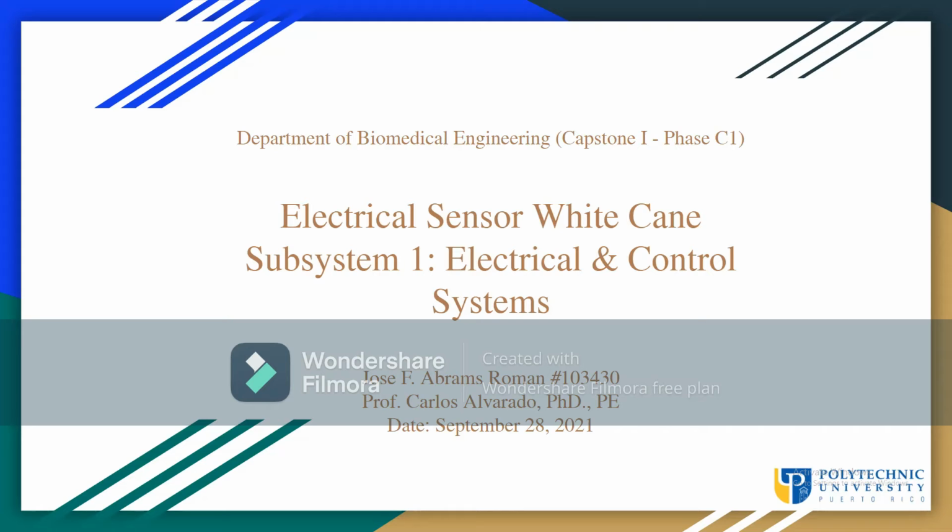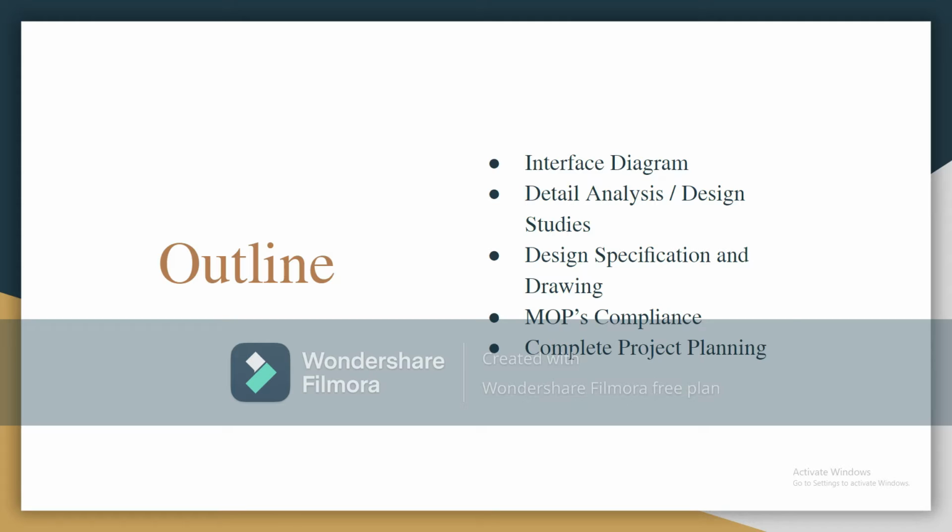Good afternoon. My name is Jose Abrams from the Department of Biomedical Engineering, and today we're going to be talking about subsystem 1 in the electrical sensor weight gain, which is the electrical and control system. Today we're going to be talking about 5 main points, starting with the interface diagram, followed by the detailed analysis design studies. Next, we have the design specification drawings, MOP compliances, and finally, to finish off, the complete project planning